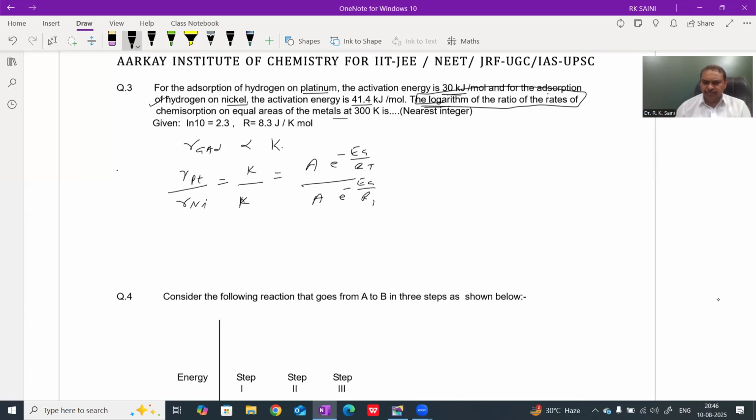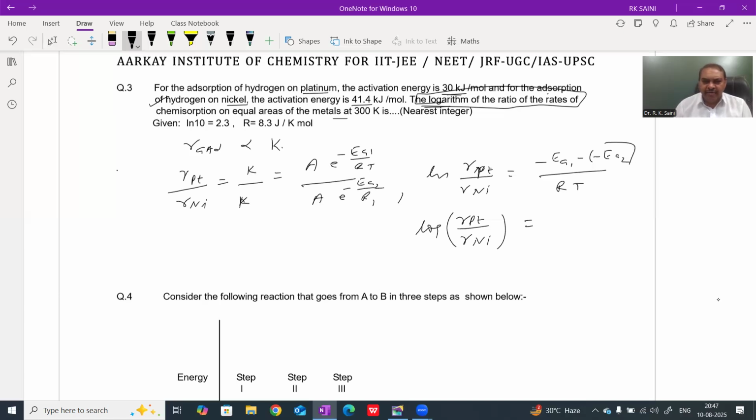On solving this, taking ln, ln of rate of adsorption on platinum to the rate of adsorption on nickel equals minus EA1 minus EA2 upon RT. Or we can say log of the rate of adsorption on platinum surface to the rate of adsorption on nickel surface equals